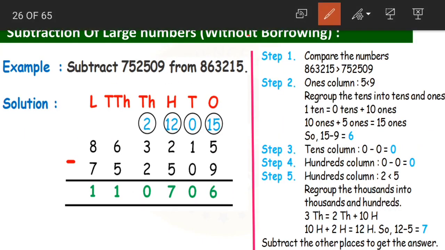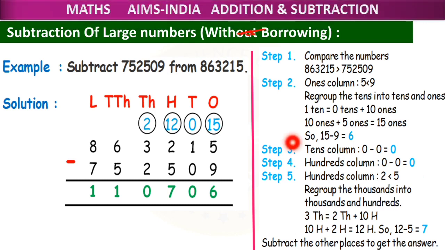Subtraction of large numbers with borrowing. Yes, how to subtract two large numbers with borrowing. Now the question is: subtract 7,25,509 from 8,63,215. Yes, now again, if we compare both the numbers given here,